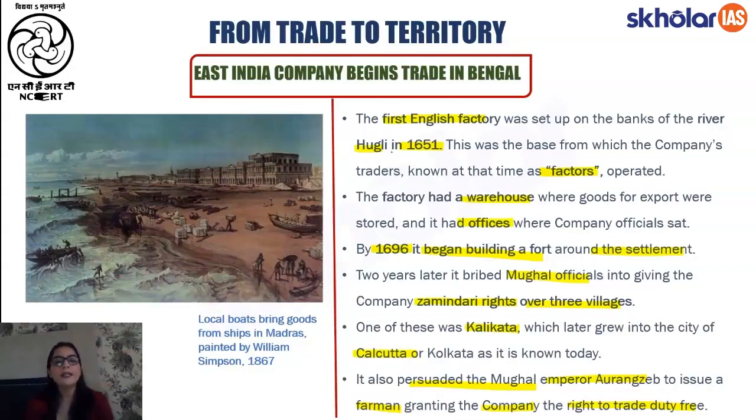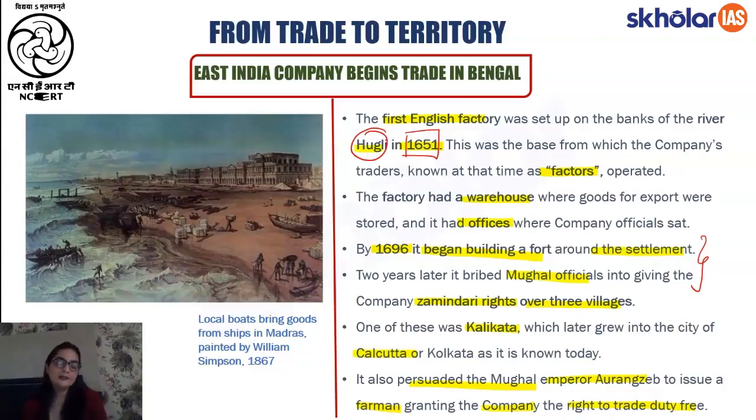थे, जहां पे ईस्ट इंडिया कंपनी की पहली फैक्ट्री हुगली में 1651 में बनी थी। फैक्ट्री किस तरह से ऑर्गेनाइज हुई थी इसके बारे में हमने समझा था, जिसमें एक फैक्ट्री में एक वेयर हाउस होता है और अटैच्ड ऑफिसेस होते हैं जहां पर ऑफिशियल्स रहते हैं। उसके अलावा हमने ये भी समझा था कि धीरे धीरे कुछ समय बाद